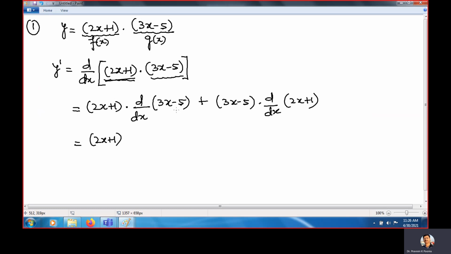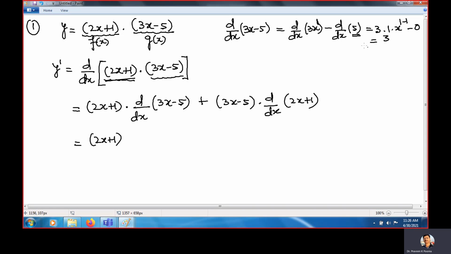Now 2x plus 1 has no change. Find the differential of this, d by dx of 3x minus 5. What will it be? d by dx 3x minus d by dx 5. Now 3 is outside. This may be written as x power 1, so 3 into x power 1 minus 1. And minus it is 0 because the differential of a constant is 0. So what is the answer? x power 1 minus 1 is x power 0, and x power 0 is 1. So the answer is 3 here, plus